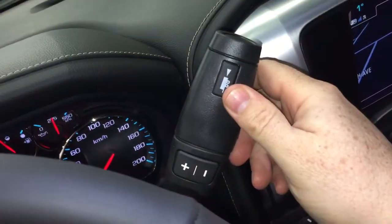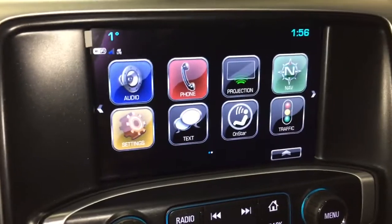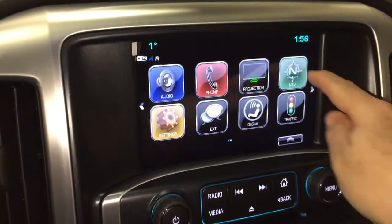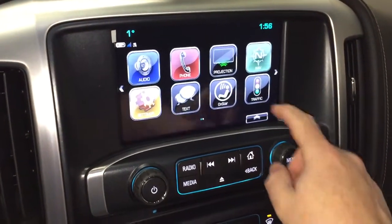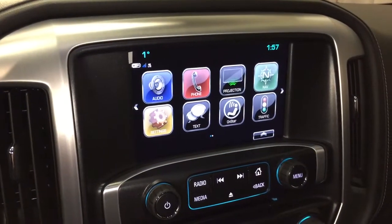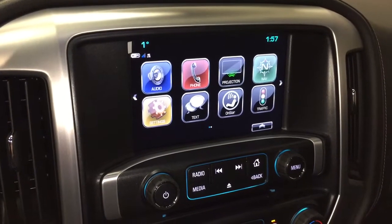You got the gear shifter with tow mode, and that takes us to the IntelliLink screen, which is full color touch. AM, FM, Sirius XM, satellite radio, time and temperature display. Now you also have onboard navigation, so you don't have to worry about those old GPS units that always fell off the suction cups. You got the traffic icon there, and you do have the projection, so if you have an enabled smartphone, you can plug that in via USB, and some of your favorite features will appear right there